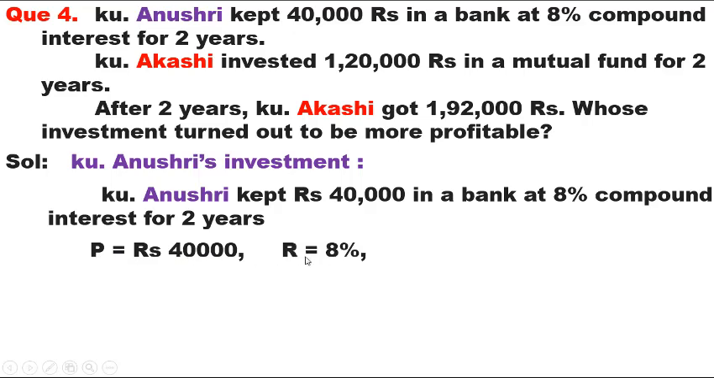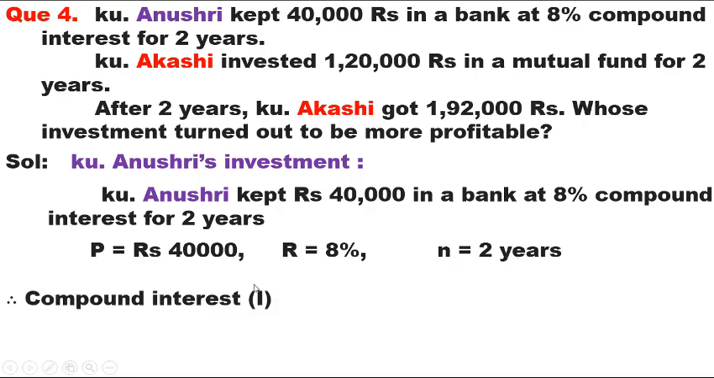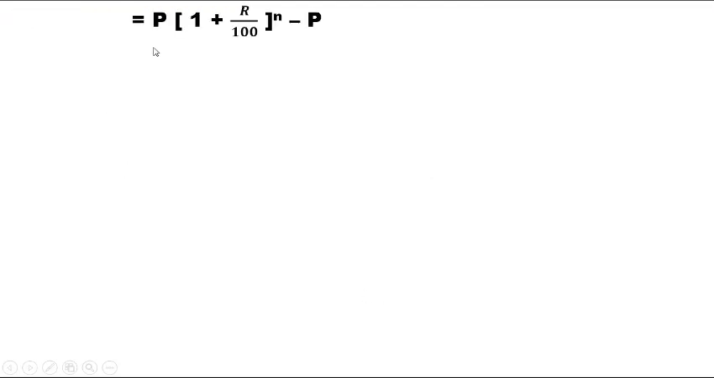40,000. R is equal to 8%. Rate of interest is equal to 8%. And the time period is equal to 2 years. Compound interest is equal to amount minus principal is equal to P brackets of 1 plus R upon 100 raised